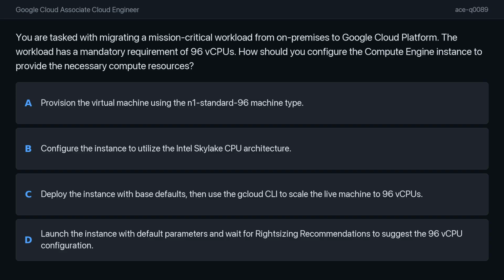Okay, let's take a look at the answer choices. Option A states that we should use the N1-standard-96 machine type. Now, these machine types are commonly used for general-purpose applications, but they don't feature 96 vCPUs. In fact, the key term in this question is mission-critical, and for mission-critical workloads, you might want to consider something